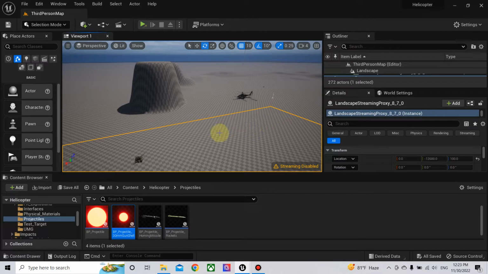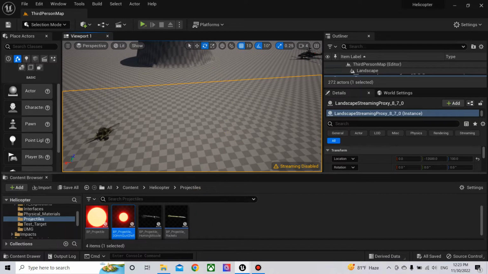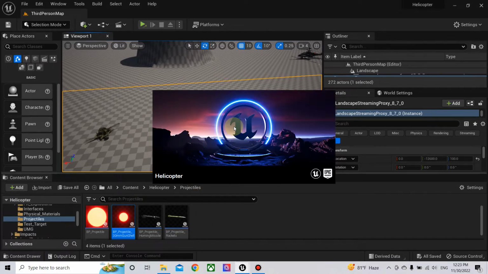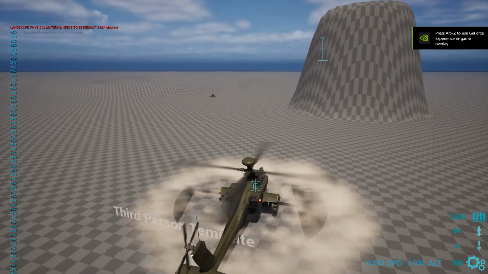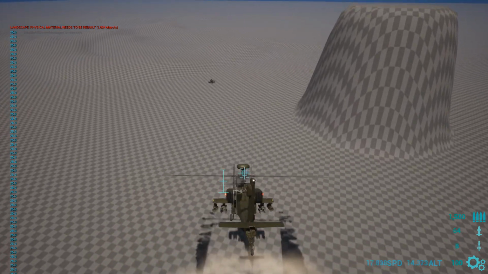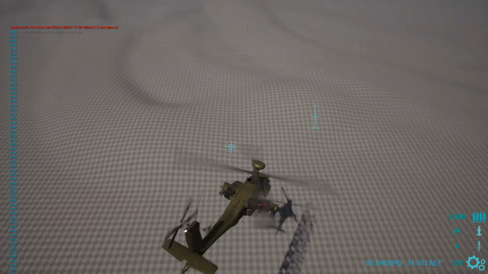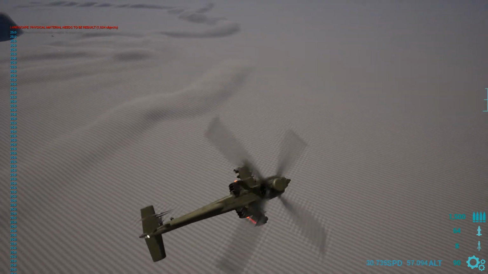As you see, let me show you. The pawn sensing component does not sense when the pawn gets out of the radius, so it keeps shooting at the helicopter even when I am away, even if it doesn't see me and I'm outside the radius, and also it keeps shooting without stop. So